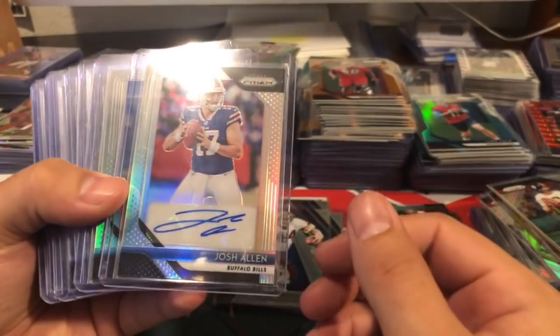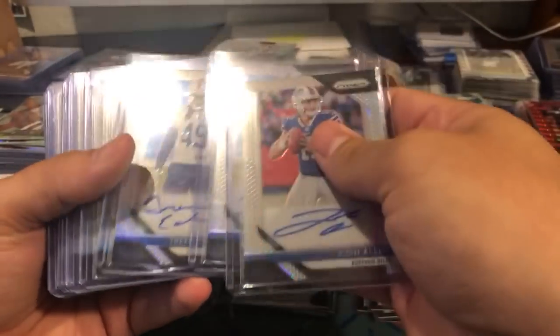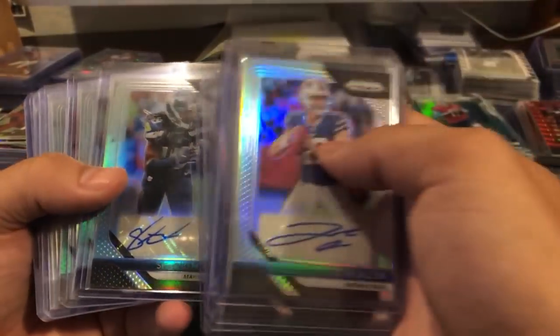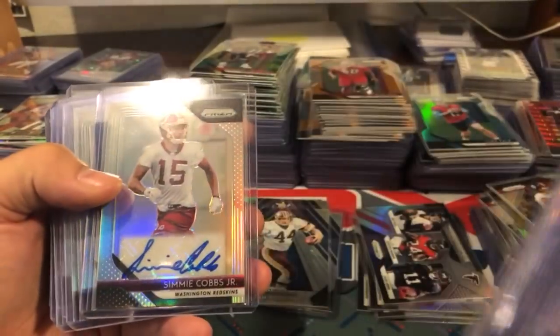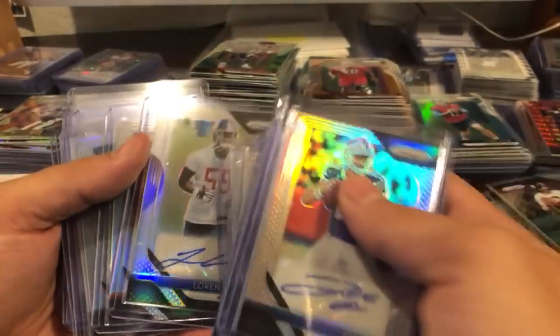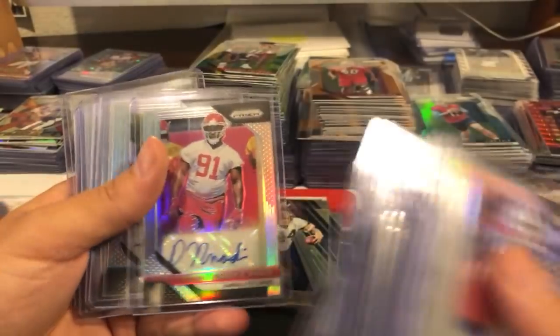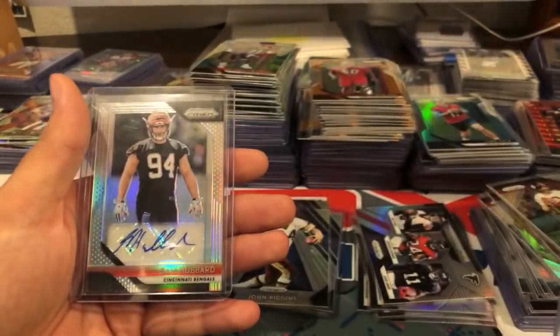So, start off base autos, Josh Allen. These are base non-numbered autos. Josh Allen, Tremaine Edmonds, DJ Moore, Derwin James, Shaquem Griffin, Jared Alexander, Dylan Cantrell, Joshua Jackson, Sammy Cobbs, Justin Jackson, Bo Scarborough, Deron Payne, Lorenzo Carter, Nick Chubb, Jamon Moore, Alex McCoe, Riley Ferguson, Mike Hughes, Derek Nottie, Josh Adams, Luke Falk, Vita Vea, Jordan Atkins, Sam Hubbard,